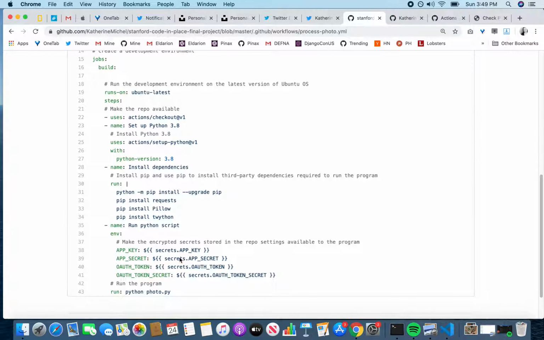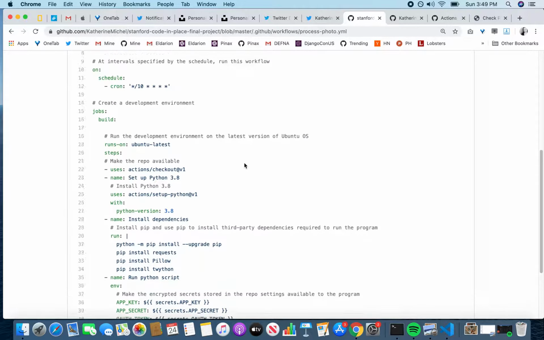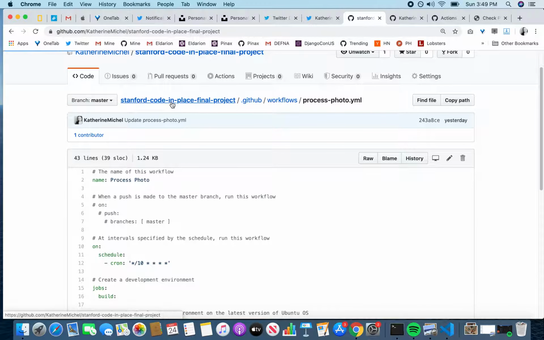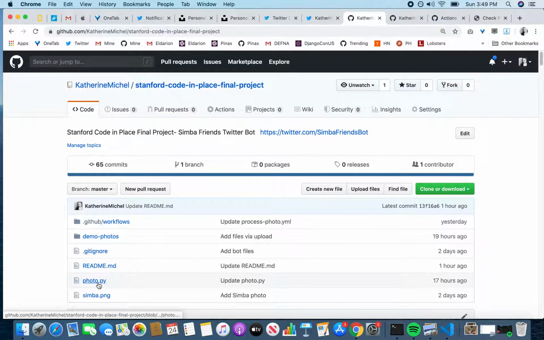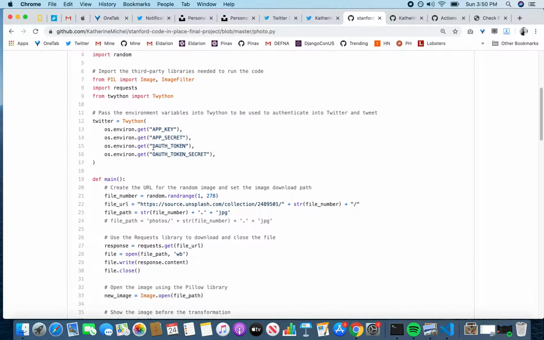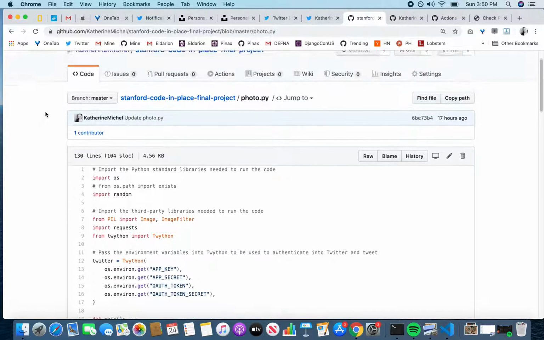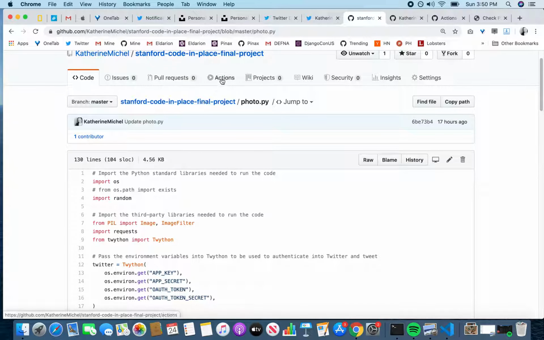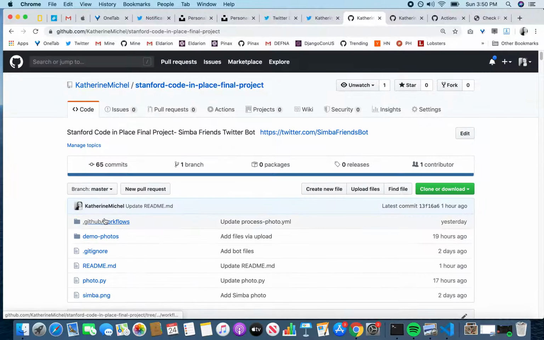In GitHub, in order to make it work, I have put those secrets in my settings, and I have referenced them in my GitHub Action Workflow file, and that enables my program in GitHub to access the secret from the actual settings. And the way that that is done is by accessing them through this Python library that can get it from the environment as something called an environment variable. So then, very importantly,